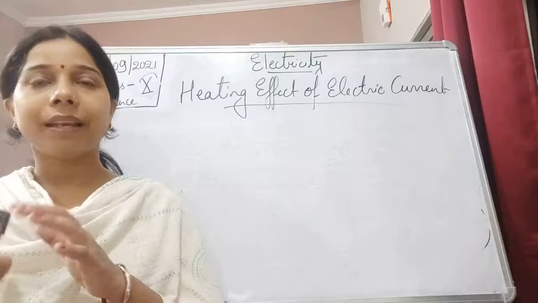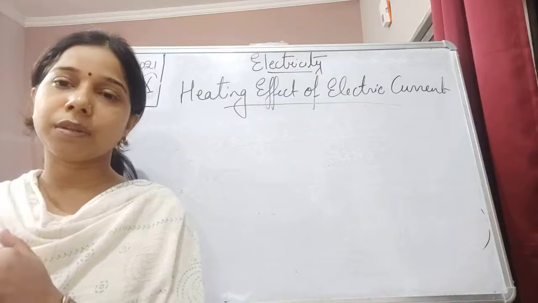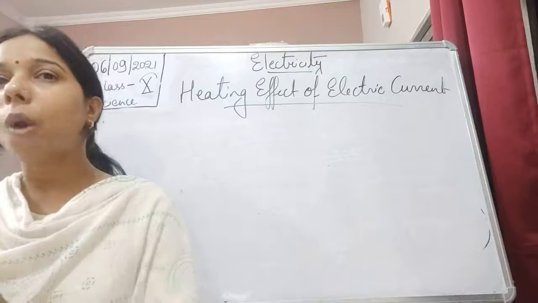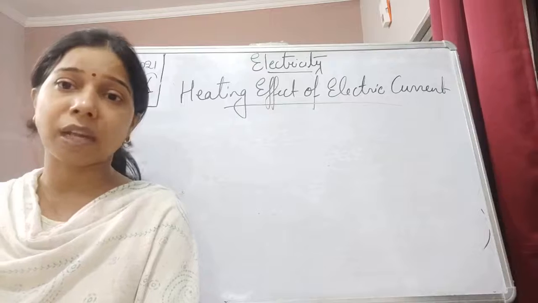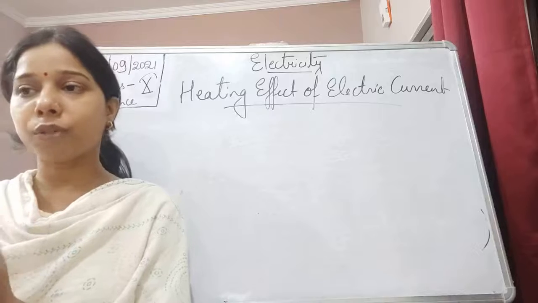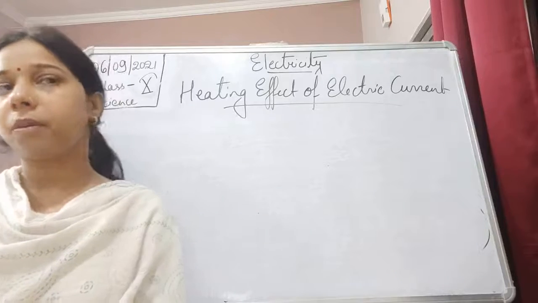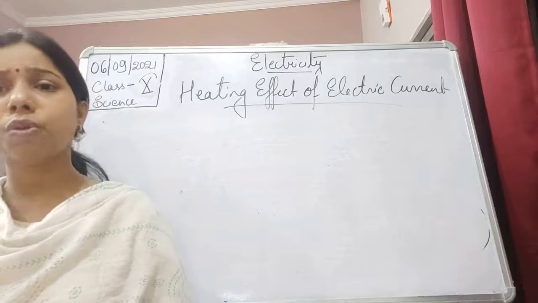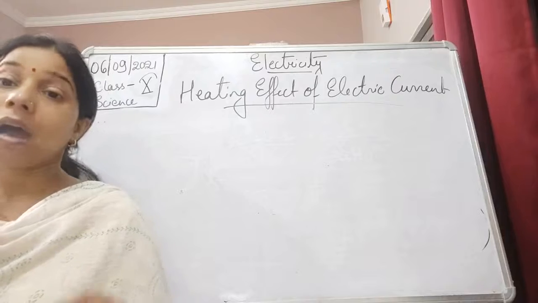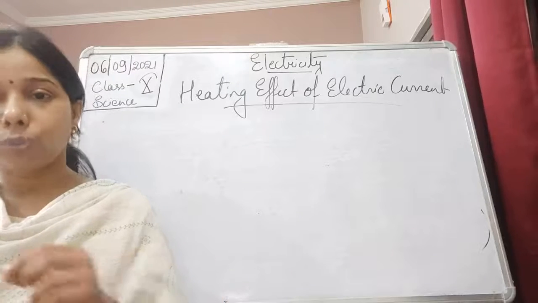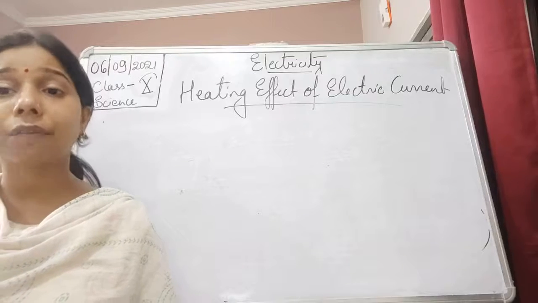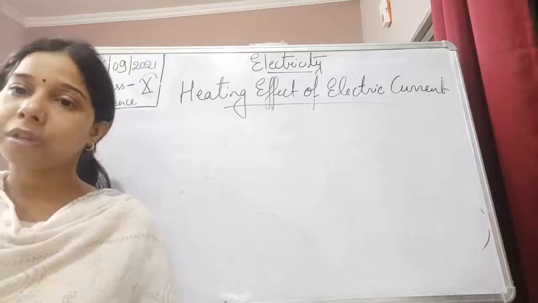Now, because tungsten is a metal, students, in order to prevent any further oxidation of the tungsten with oxygen, we have to make a cover around it so that it will not react with the oxygen. That is why the bulb, which is made up of glass, has unreactive gases like argon inside it. Argon is unreactive, so it will not react with the tungsten, and that helps in increasing the life of the electric bulb.